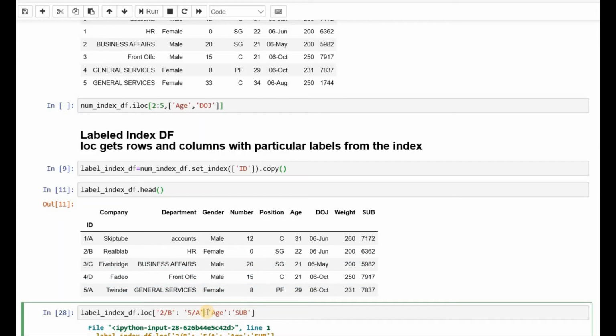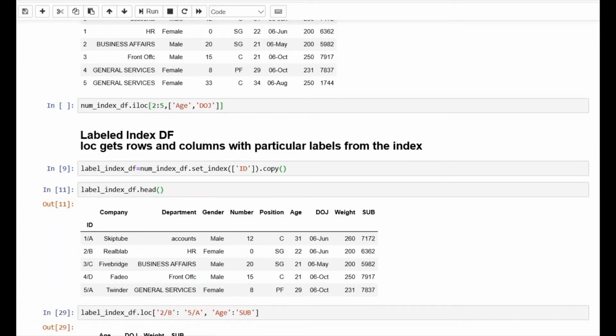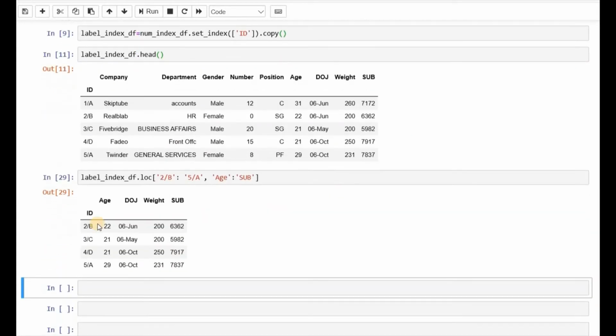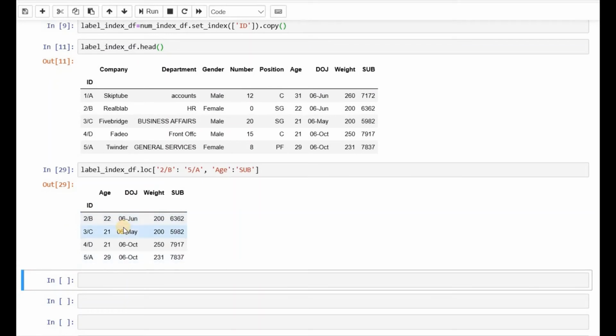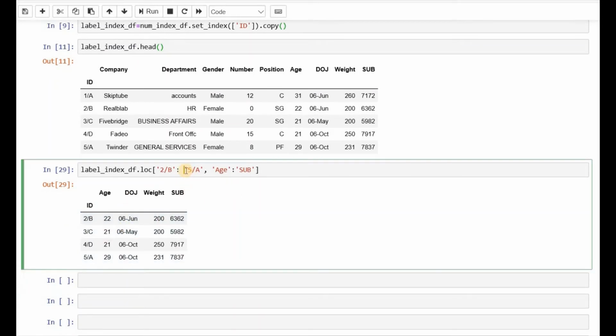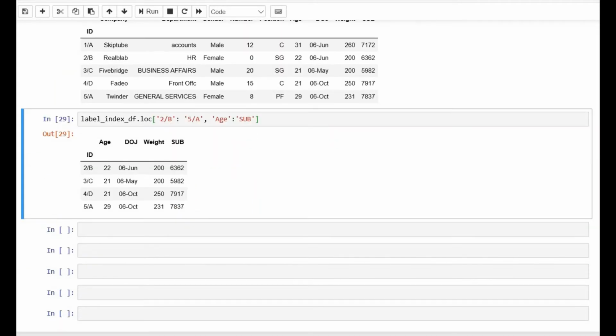Okay, I forgot, this would be a comma. So this is what we got here. It successfully extracts, and since this is not position, it uses the hard-coded labels, so the last one is included: 5A is included, and sub is also included.